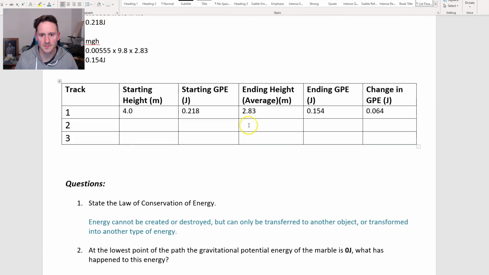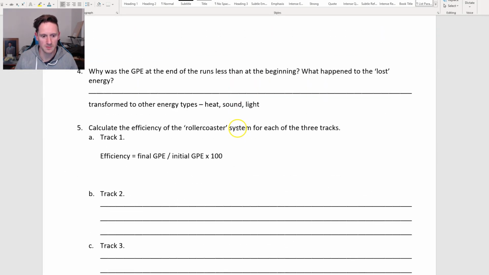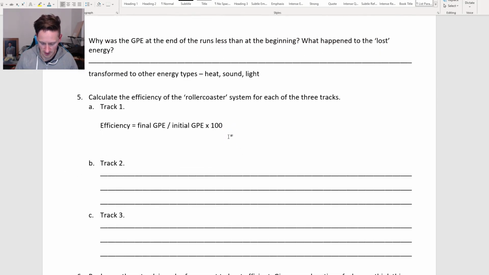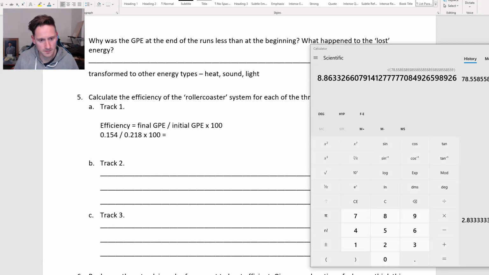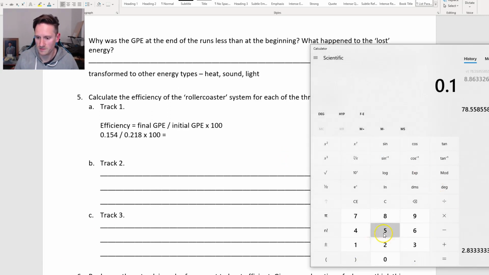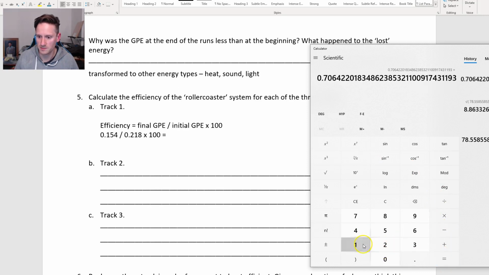So we've got 0.154 and 0.218. So it's going to be 0.154 divided by 0.218, times 100,